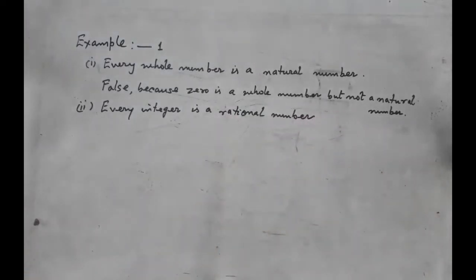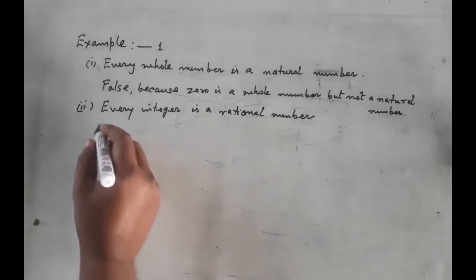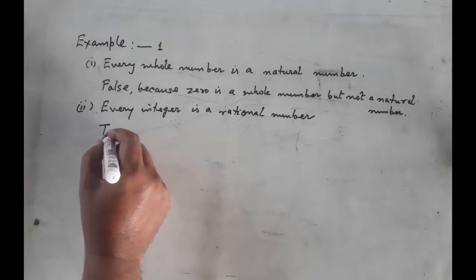Every integer is a rational number. That is true because the integers, that is z, can be expressed in the form z by 1. So it is a rational number, which means that is true